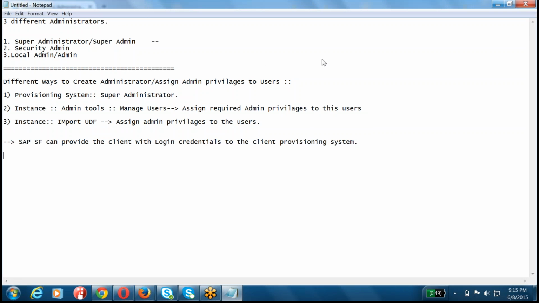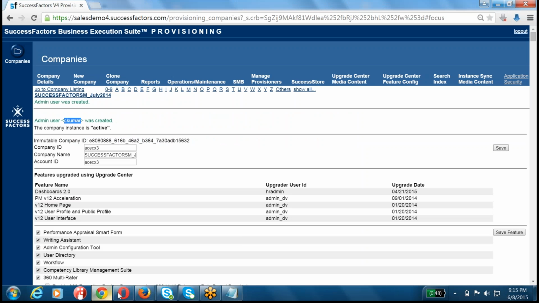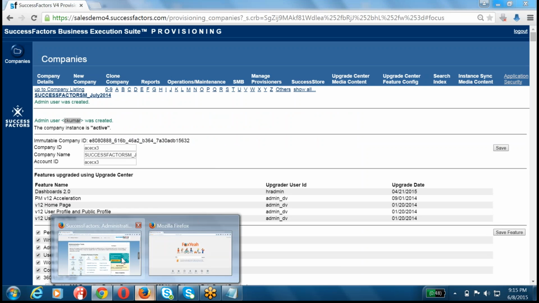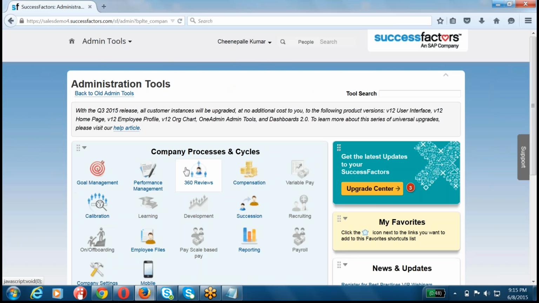Let's take this particular option. The second way you can create your administrator is a two-task activity. One is to create a user, and then you have to assign the required admin privileges to that particular user, guys. So how are you going to create a user in the second case? If you go to your instance, this is your instance, guys, and then go to your administration tools, this is your administration tools page,